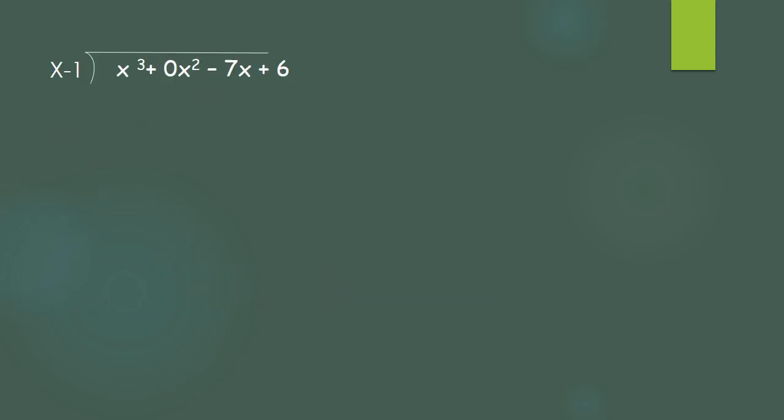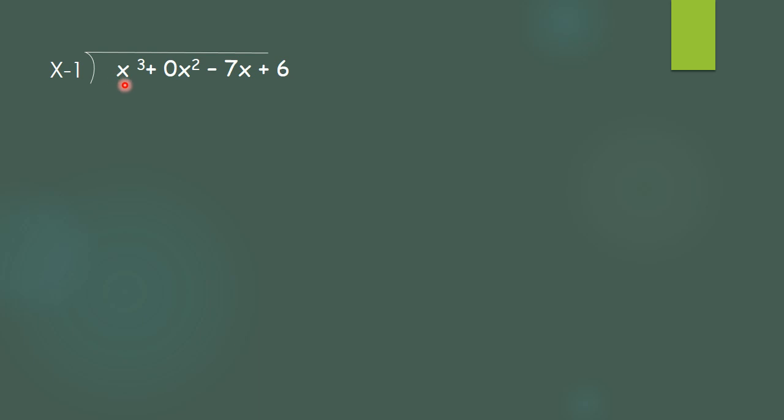Now the polynomial was x cube minus 7x plus 6. There was no term of x square, so we will write it with plus 0x square. Always try to arrange the powers of x in decreasing order. Here is cube, then square, then the term of x, and then the term without x, so that it will become easy. Otherwise, this x square term you write below the x and you are adding this. Actually they will not get added, but by mistake you are doing that. So better to arrange this.